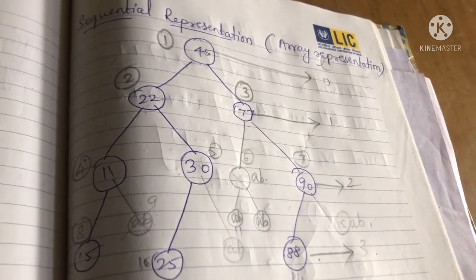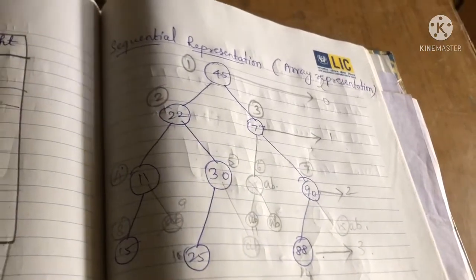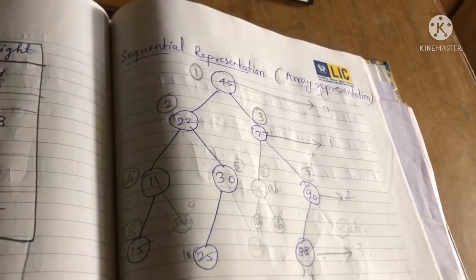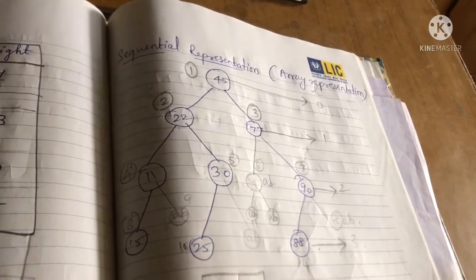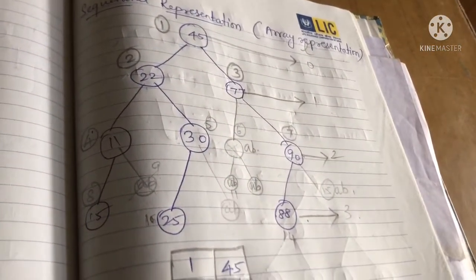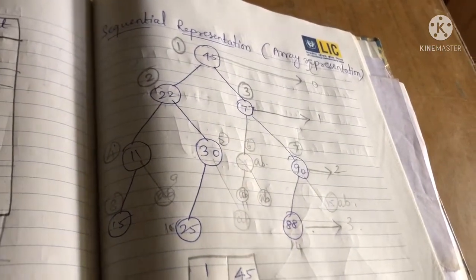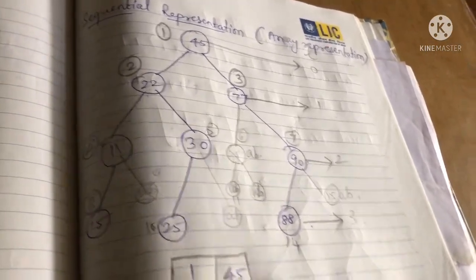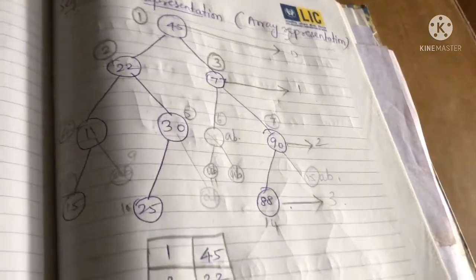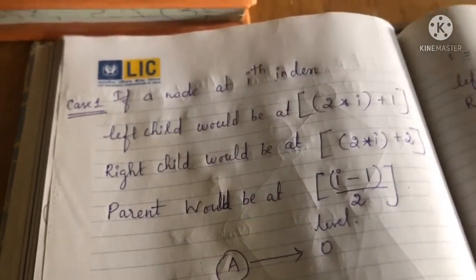In linked representation of a binary tree, we use 3 parallel arrays: the left one pointing to the left child location, the right one pointing to the right child location, and the center one noting the information area. In sequential representation, the data are arranged in memory sequentially, level by level.